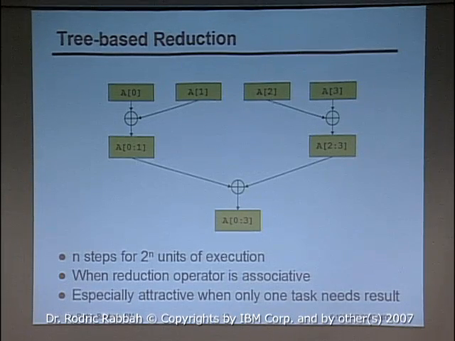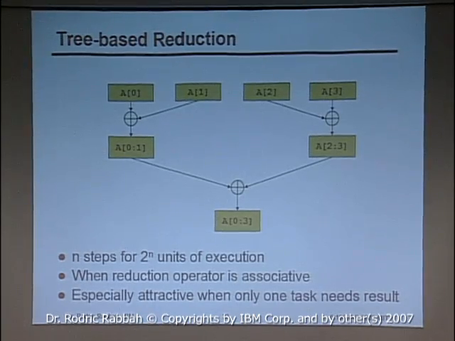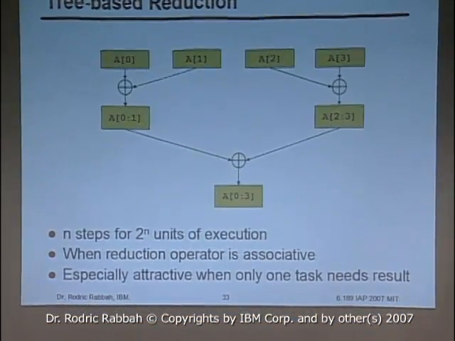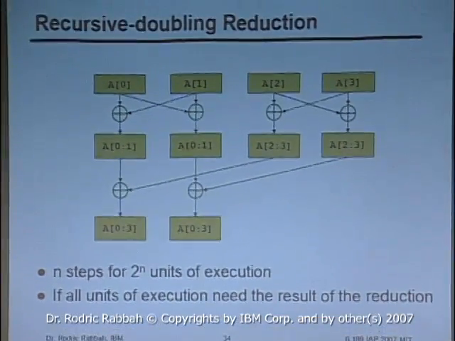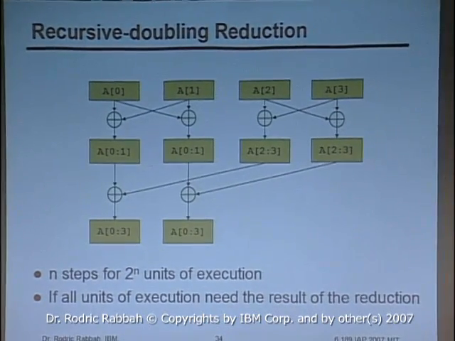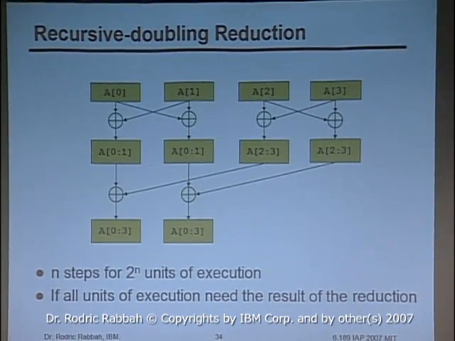So this is particularly attractive when only one task needs the result. In the MPI program, when we're doing the integration to calculate pi, one processor needs to print out the value of pi. But if you have a computation where more than one process actually needs the result of the reduction,